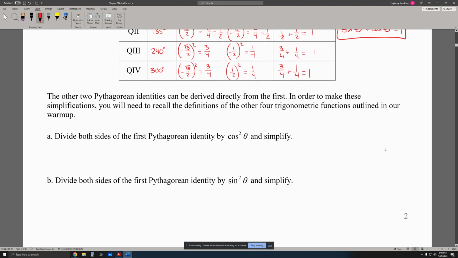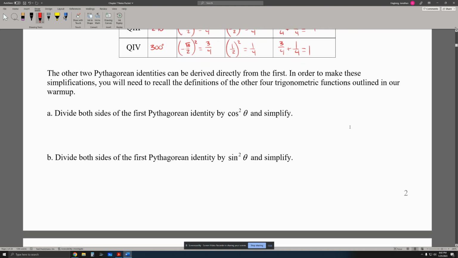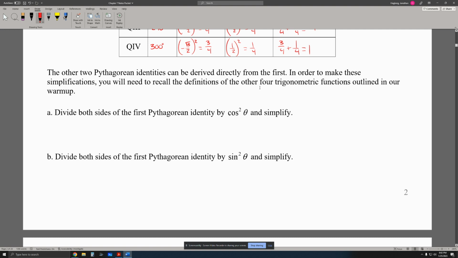We have two more Pythagorean identities, and they're derived from this first one. In order to make these, we need to recall the definitions of the other four trigonometric functions outlined in our warm-up. So the first one, we're going to divide both sides of the Pythagorean identity by cosine squared and then simplify. So let's go ahead and rewrite. We have sine squared plus cosine squared